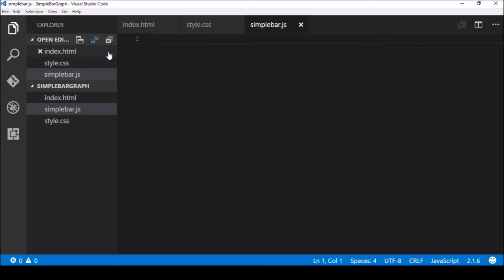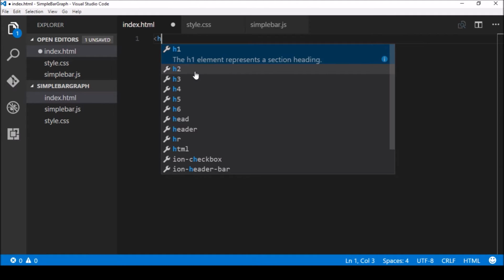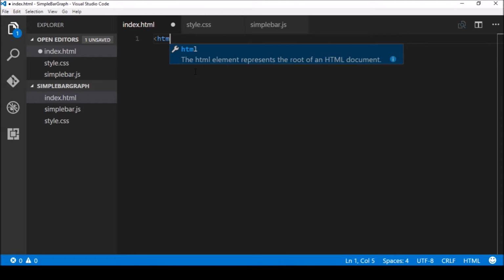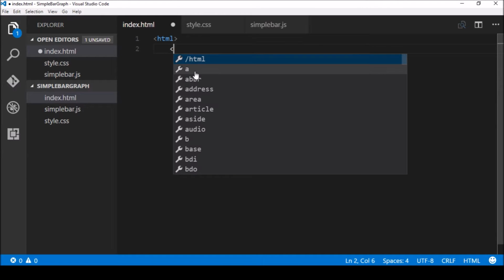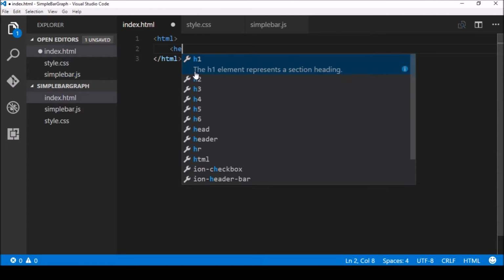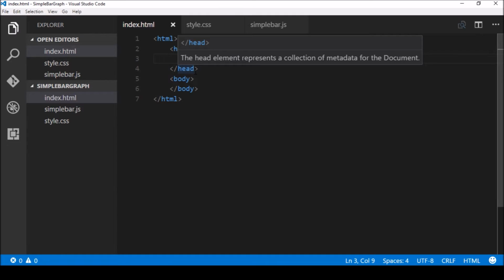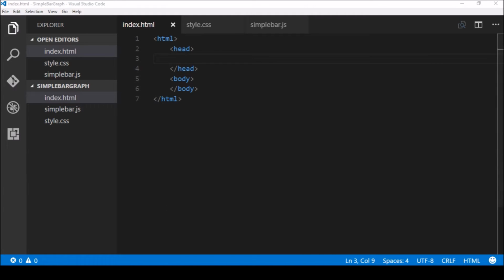And we'll start coding from our index.html. We'll create the required HTML syntax: opening and closing HTML tags, the head and body tag. In the head tag, we need to give a link to our d3 library that we can download from